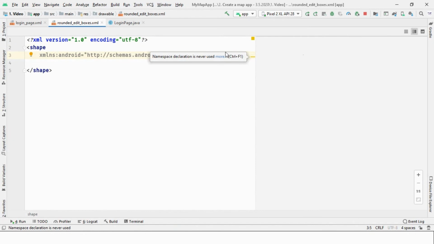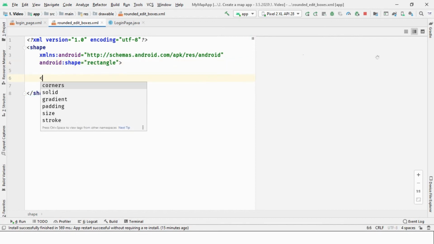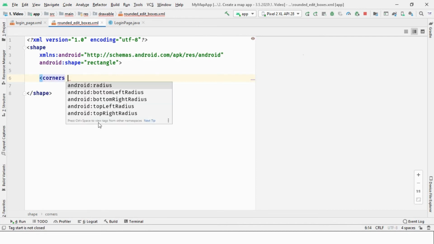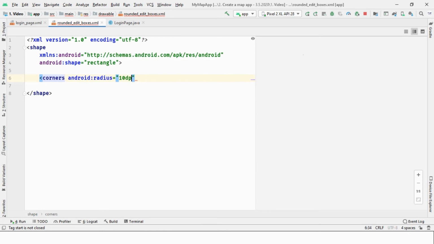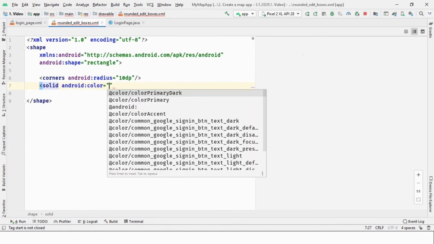Copy down here. It will be shape. I am in a start tag, just write down a rectangle. So we are going to give a shape to it. Then, coming between two tags, write down corners, radius 10 dp. Let me finish it and I'll explain to you what it does. Solid, color,